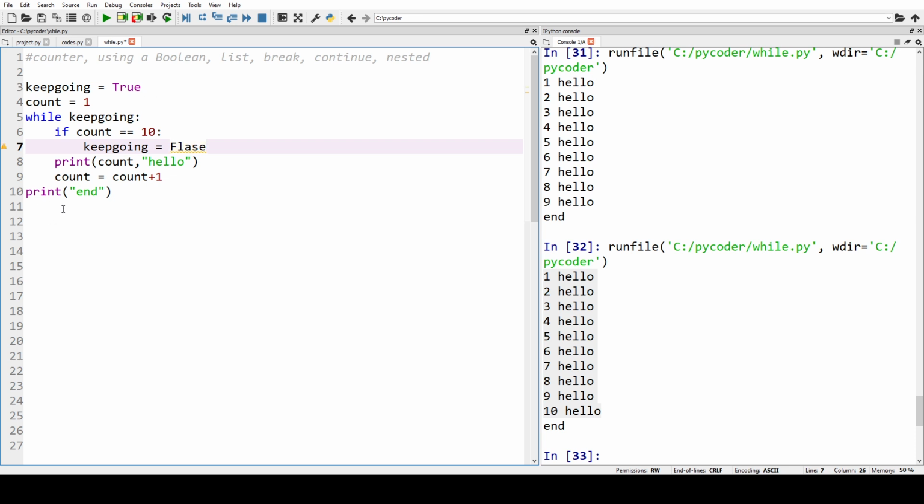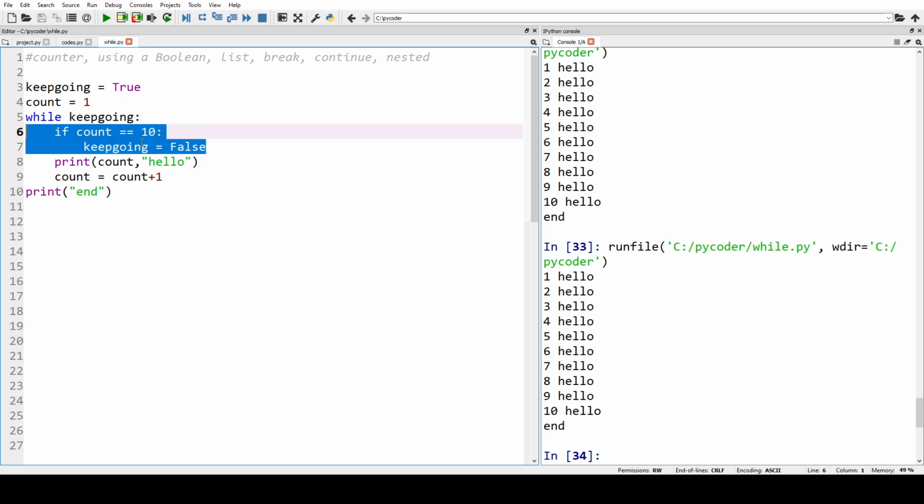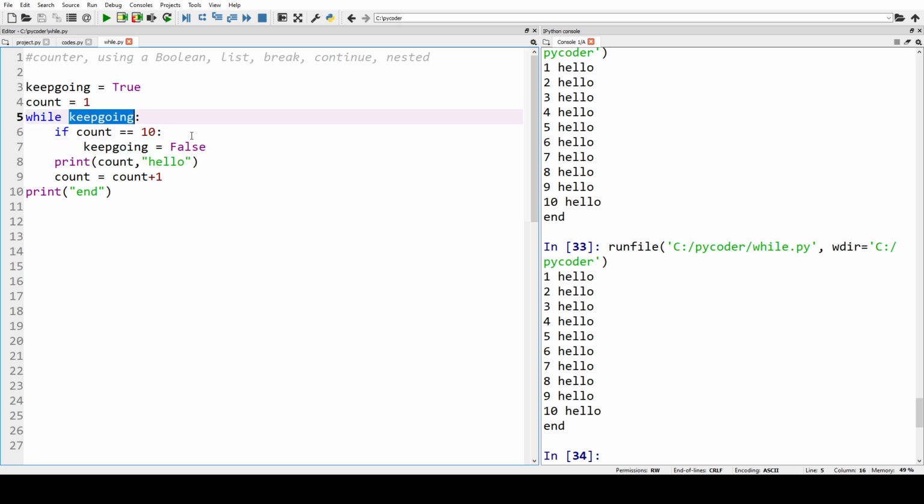Okay, shall we try this? Oh dear, let's make sure we spell it correctly, otherwise it won't work. Okay, let's try this. So we've got the same result, but once the count gets to 10, then the Boolean changes from true to false,